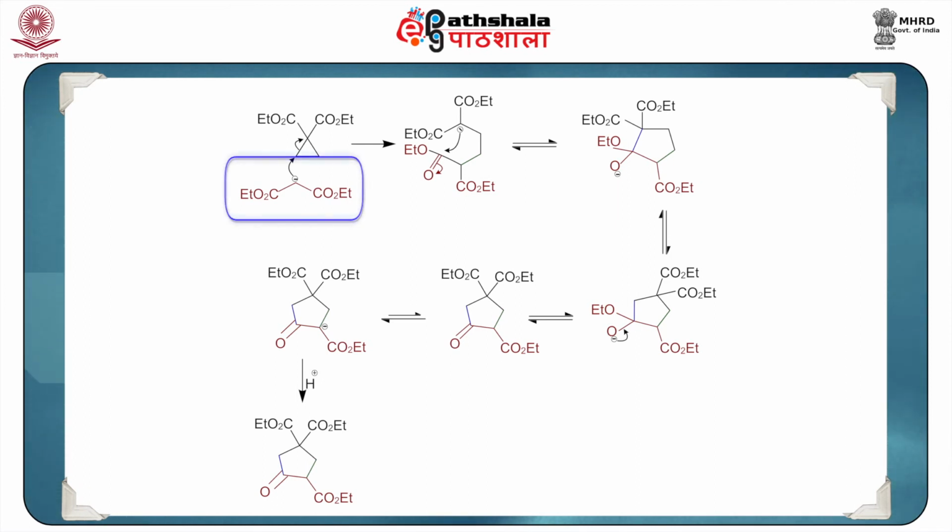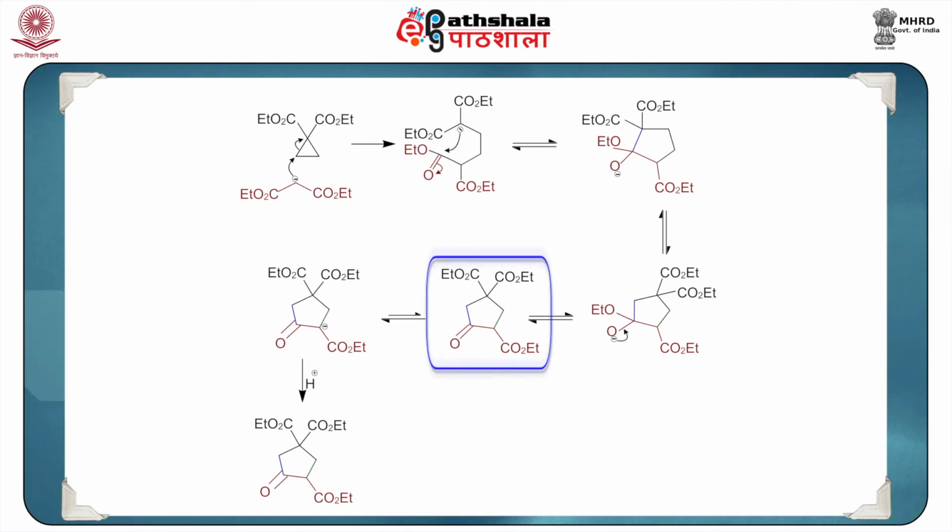When this is reacted with diethyl malonate, the CH2 in between, in the presence of base, can generate a carbanion, which will attack as a nucleophile at this particular carbon. Then this bond breaks and a carbanion is formed. This carbanion can attack again as a nucleophile, and this ester carbon will be electron deficient, thereby you will get this alkoxide ion, in which the OEt will go out as a good leaving group,